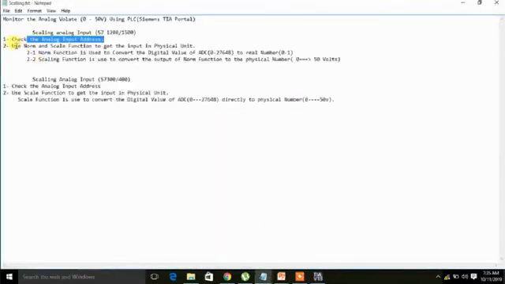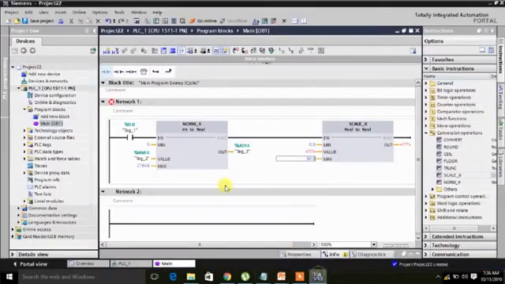The second one is to use the NORM_X function to input the physical unit, used to convert digital values from 0 to 27648. Okay, we are going to do this. We have already done this range, and the addressing also. So now we are going to convert it. Here we use the NORM_X output as MD14 as the input,